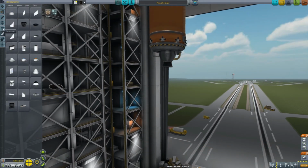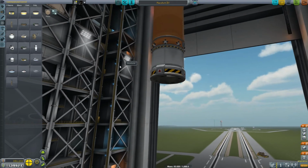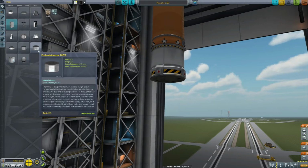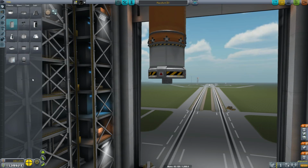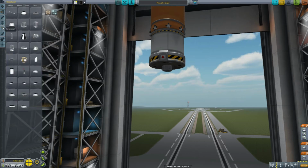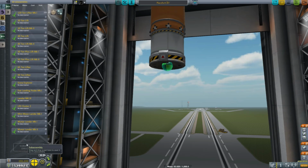Alright, so we would put on, because of the size of this, a large decoupler. The most fuel-efficient probe core we have, or energy efficient. Not that it matters a great deal, but we'll use the Octo. Always feels just a little odd to be putting something that small on, but... And then we'll grab the... Actually, you know what? We are just going to grab the